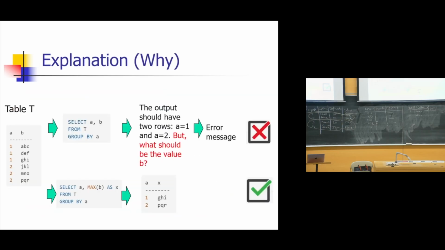And this is the explanation why. So I explained with just 2 columns. Let's imagine we have table T with 2 columns, A and B. Column A has 1, 1, 1, 2, 2, 2, and then column B some values, right? Now, let's say I select A and B from table T, group by A, right? So what does this query do? First of all, when you use group by, it groups your data or rows based on column A. So it groups the data into how many groups? If you're grouping by column A,